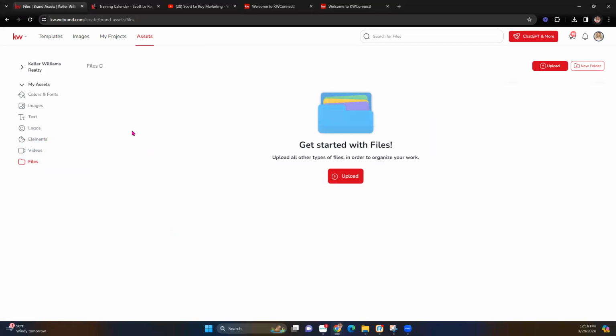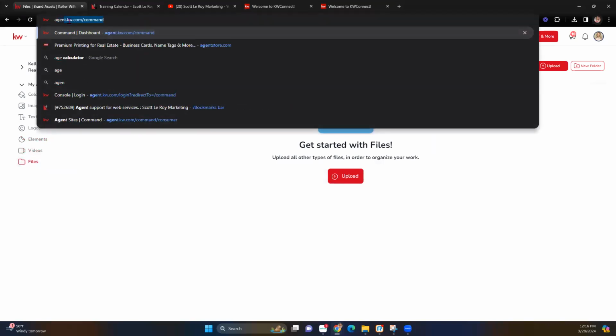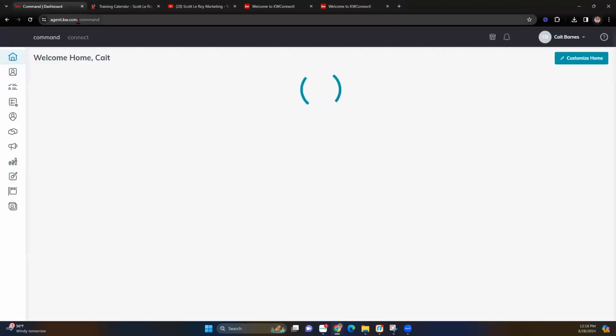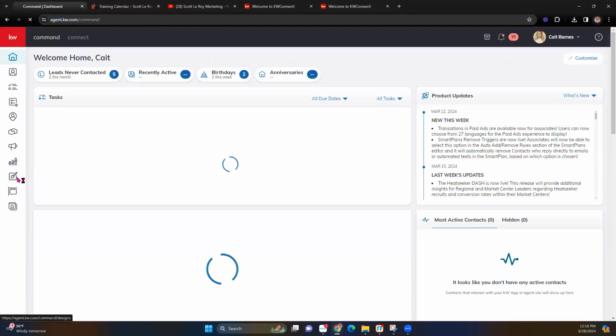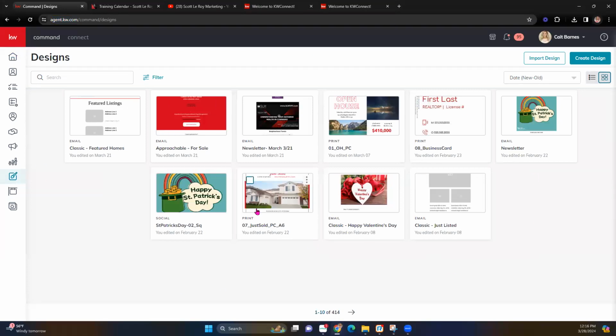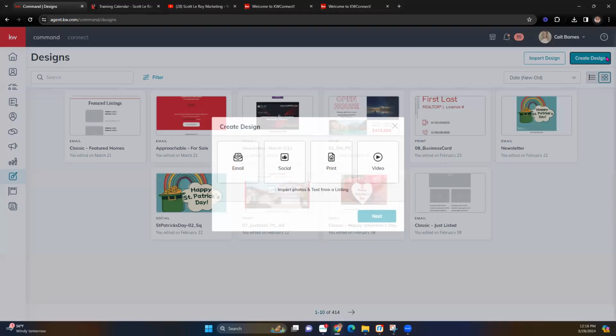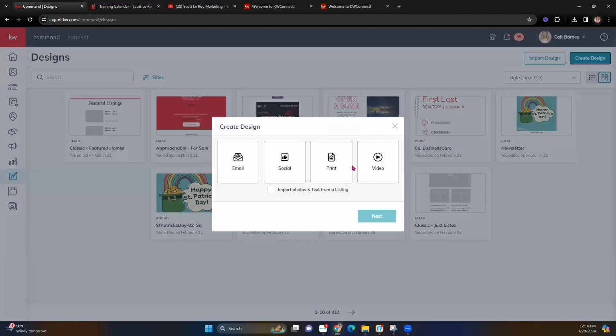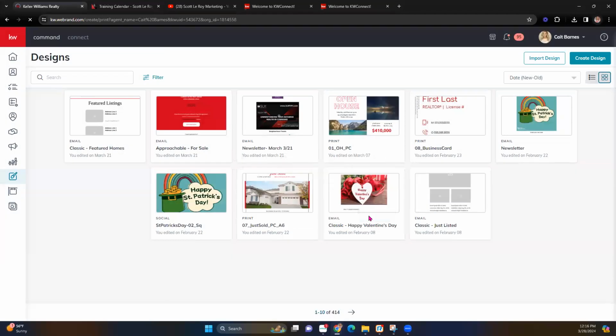print marketing. So there's a couple ways that you can get to the print marketing. So I'm going to show you both. We're going to head back to designs where we were. Now I can create it from here by hitting create design and selecting the type of marketing that I'm creating. So for today, we would obviously use print. But as you can see, once I click that, I'm brought into this same